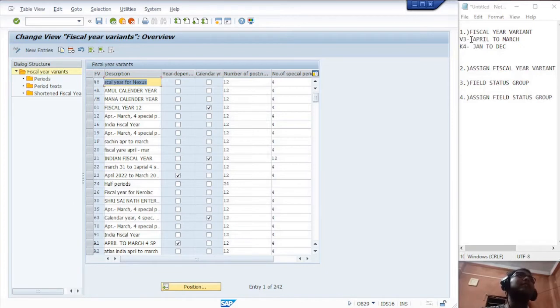So V3 is used for a fiscal year which starts from April and ends in March, and K4 is normally a calendar year which starts from January and ends in December. So now we create our own fiscal year variant. Actually in this company we maintain a domestic fiscal year. Instead of V3 we use the name E3, and the period is also the same, April to March. So click on new entry,